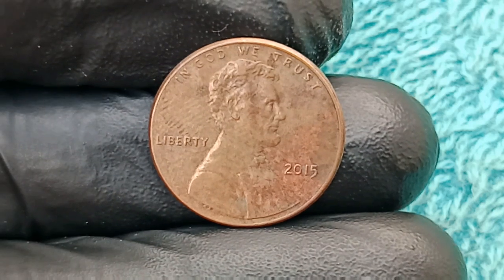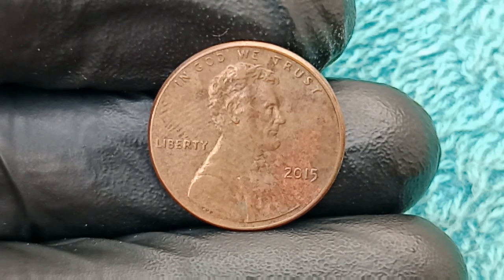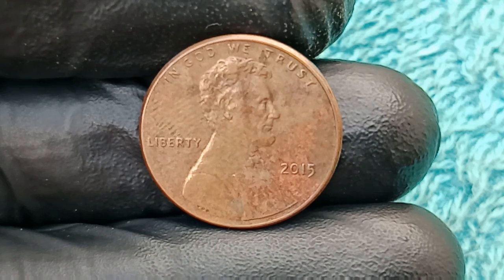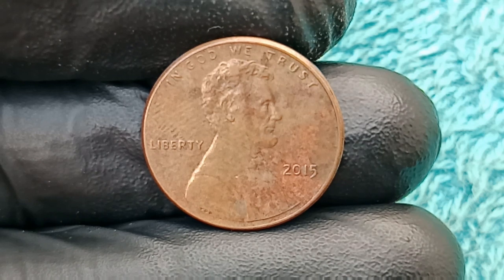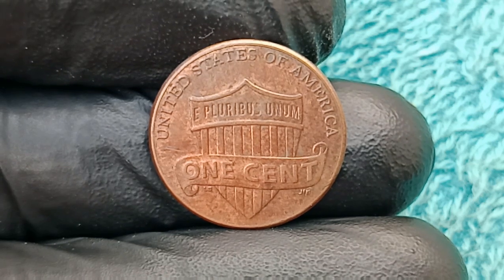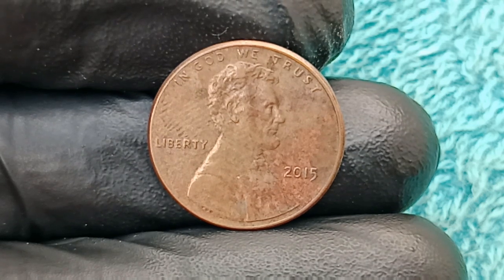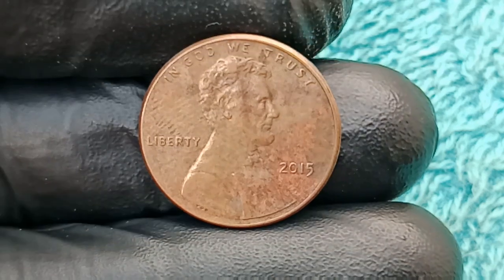But what elevated this from being a simple off-center error into a world-class rarity was the reverse of the coin, which displayed one of the most dramatic examples of a double die strike ever recorded in modern times, with the words "United States of America, e pluribus unum," and 1 cent, all showing crisp, well-separated doubling, especially evident in the base letters and the shield lines of the design introduced in 2010, and alongside this doubling was a prominent die crack running diagonally through the shield and intersecting with the upper curve of the C in cent, a feature that